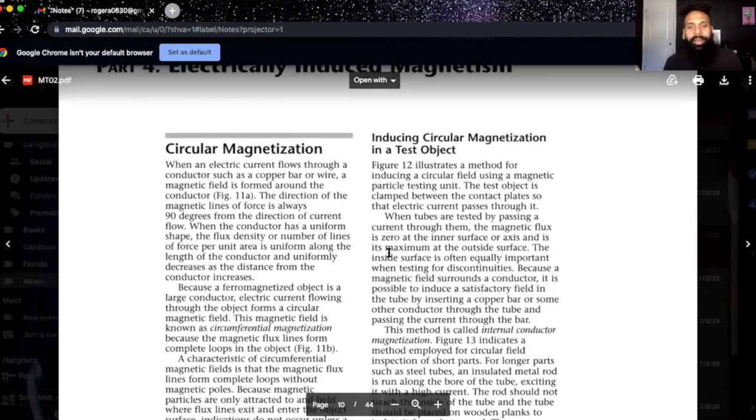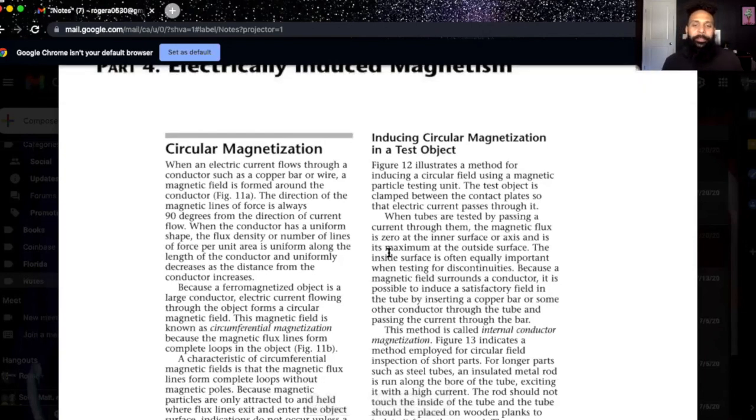Inducing circular magnetization in a test object. Figure 12 illustrates a method for inducing a circular field using a magnetic particle testing unit. The test object is clamped between the contact plates so that electric current can pass through it. When tubes are tested by passing a current through them, the magnetic flux is zero at the inner surface or axis and its maximum at the outside surface. The inside surface is often equally important when